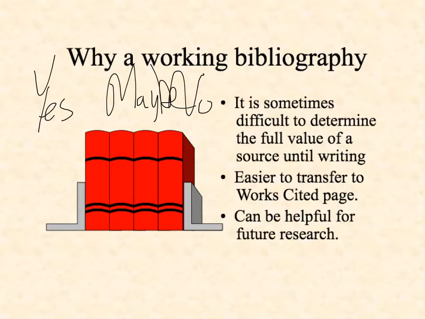If you have the information in a bibliography, it's a lot easier to go back and find it. Because if you only have one source or two sources, it's easy to keep those things straight in your brain. It's not when you have to do a lot. It's also easier to make your works cited page because when you get to the final paper, all you have to do is copy over the ones that you did actually use in your paper.